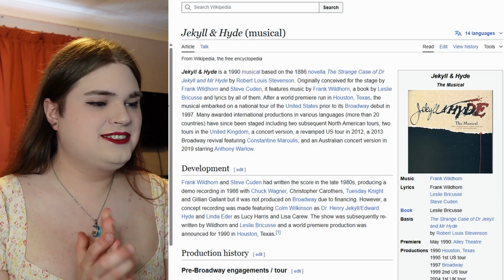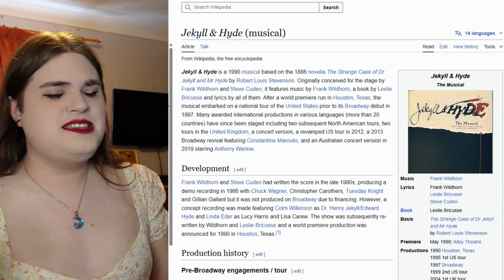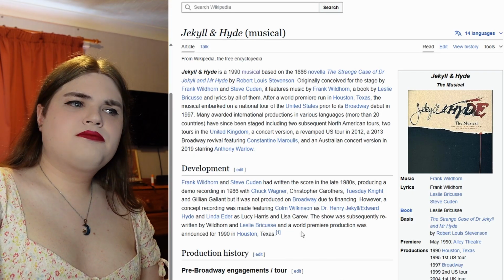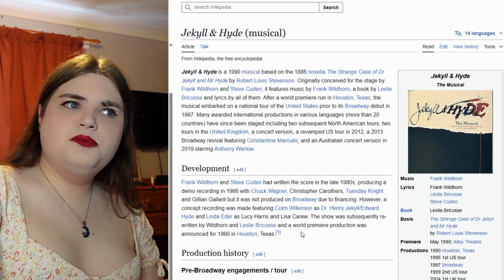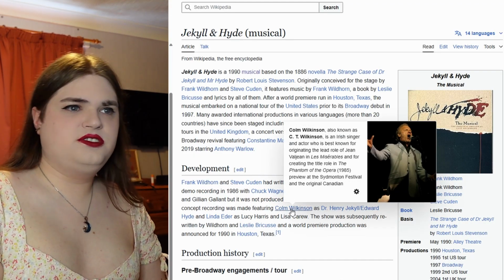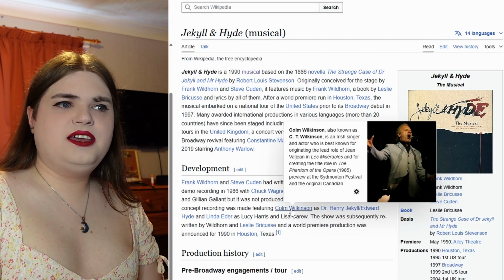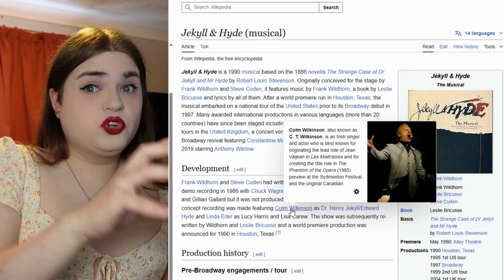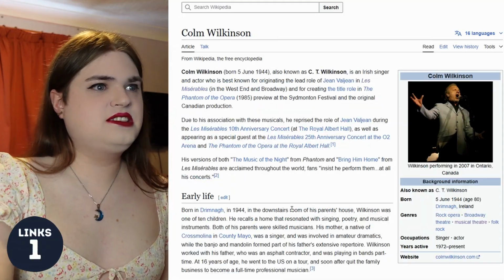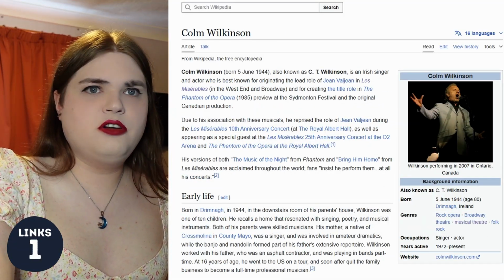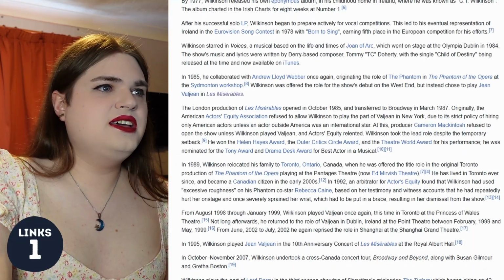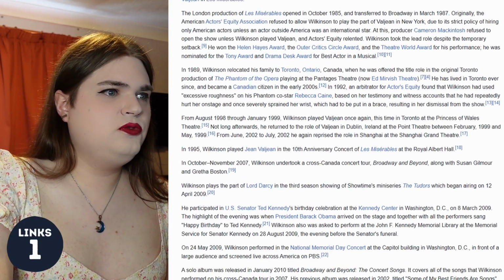Jekyll and Hyde to Anne Juliet. I can do this easy peasy lemon squeezy. Okay. I think the only link that makes sense to go through, and it does mean that we're going to have to go for quite a few more links afterwards, is Colm Wilkinson. Colm Wilkinson, he's well known for Les Mis, he's well known for Phantom of the Opera, which means we're getting more towards England, we're getting more towards Britain. So let's go through Colm. Now, obviously, Colm has never done Anne Juliet, but maybe there's a link that we can get to from that.